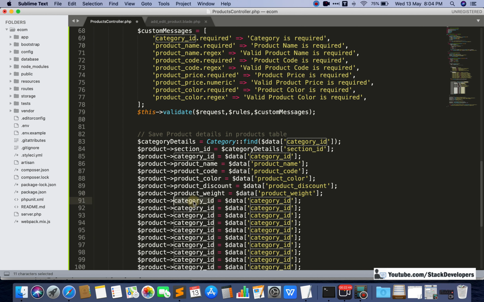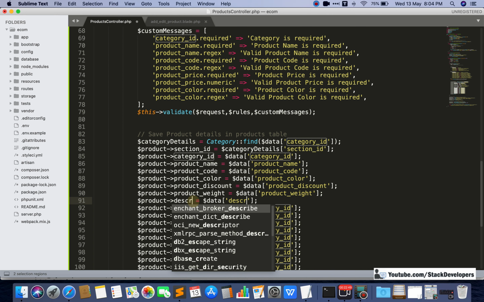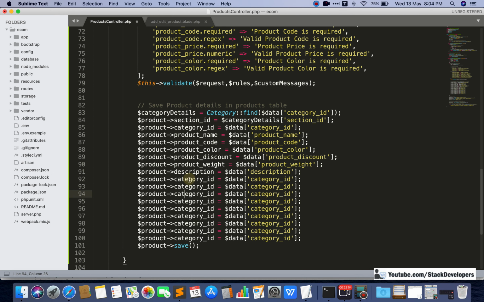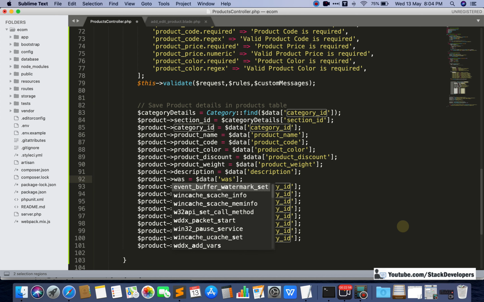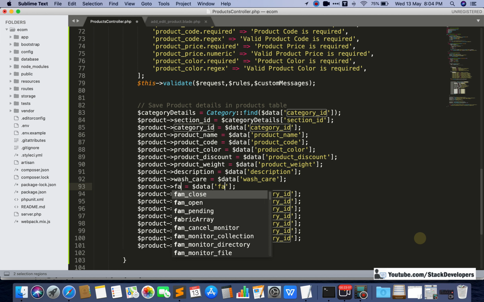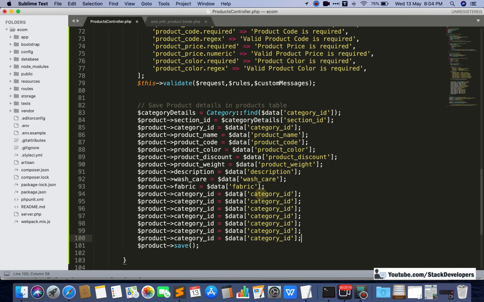After product weight we have description, and after description we have wash care. After wash care we have fabric, and after fabric we have pattern.